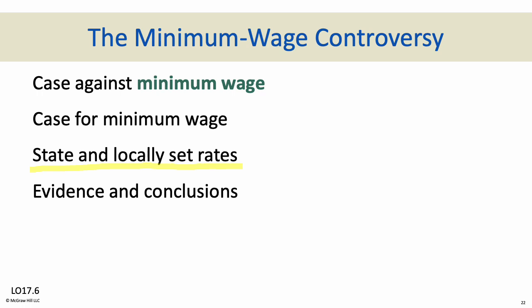The flip side of the coin here, the case for, would argue in many low-pay labor markets, employers exercise monopsonistic power, and thus a required minimum wage can increase wage rates without causing significant unemployment. This is very subjective. You could argue this until the end of time. There is no clear answer to what view is correct. On one hand, the employment and unemployment effects of minimum wage do not appear to be as great as many critics fear. But on the other hand, minimum wage is not as strong an anti-poverty tool as supporters contend, in that a large part of its effect is dissipated on non-poverty families.